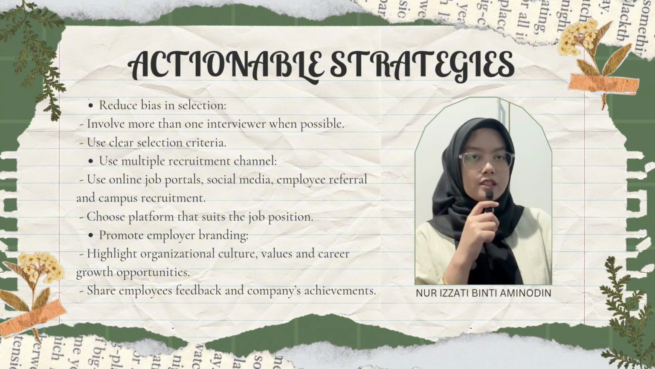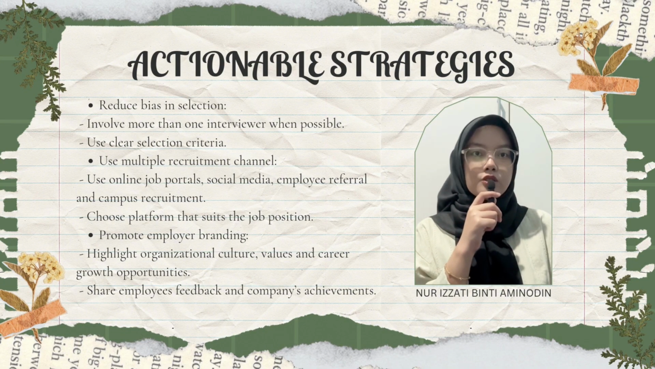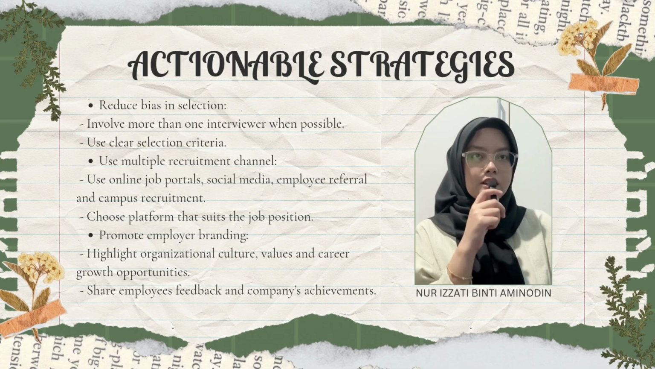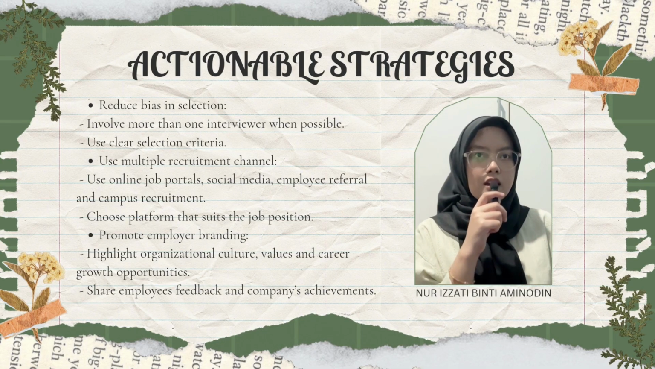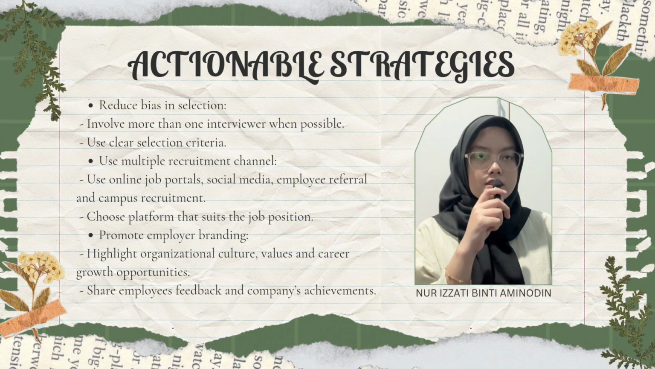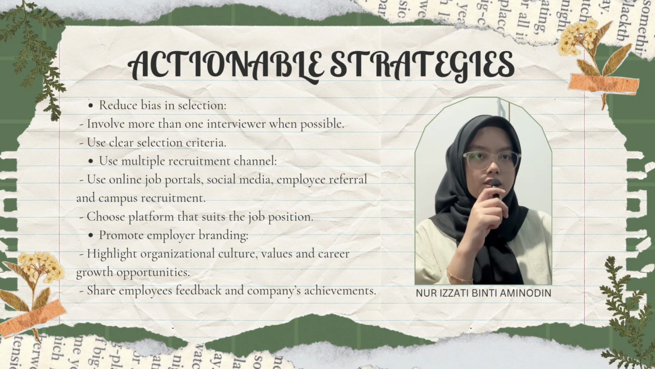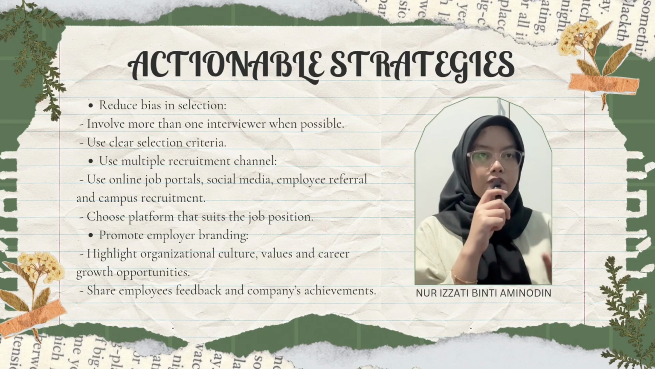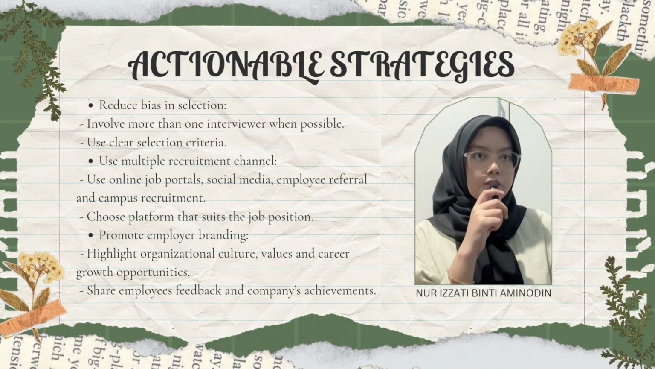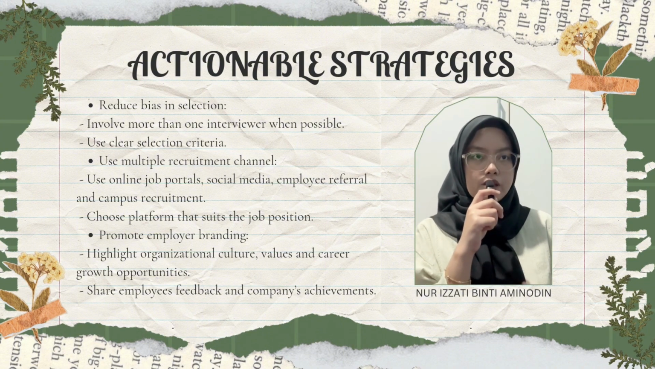Moving on to the next part, which is actionable strategies. To improve recruitment and selection, organizations can apply several practical and actionable strategies. First, organizations should reduce bias in the selection process. This can be done by using clear selection criteria, structured interviews, and involving more than one interviewer. By focusing on candidate skills, competencies, and job-related performance, rather than personal assumptions, organizations can make fairer and more accurate